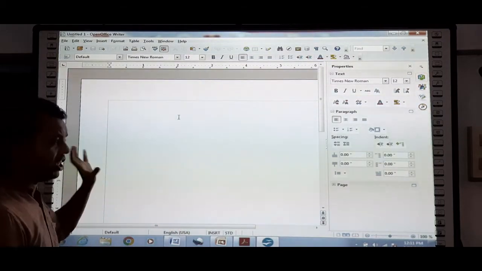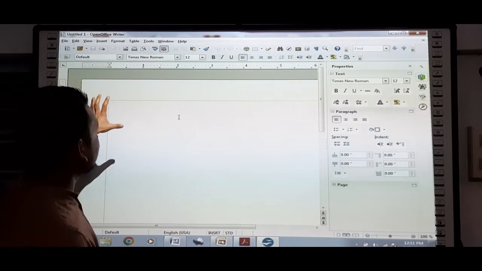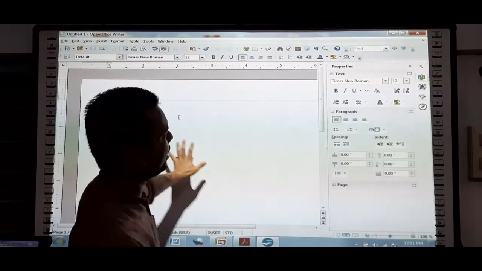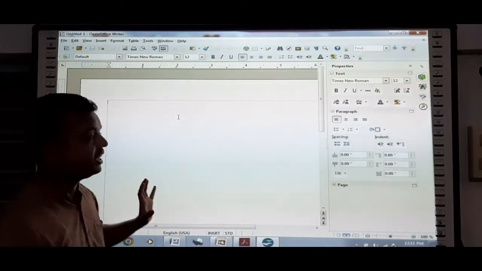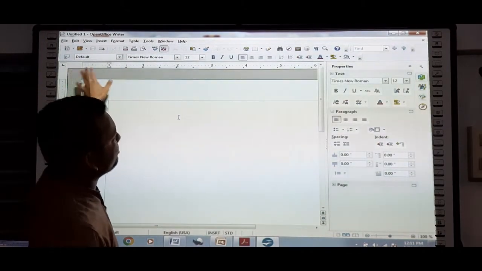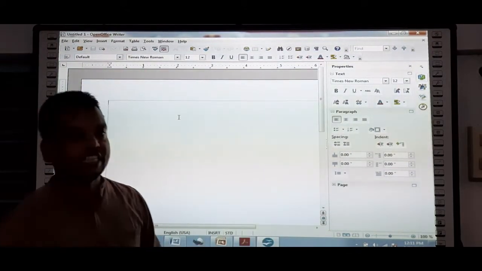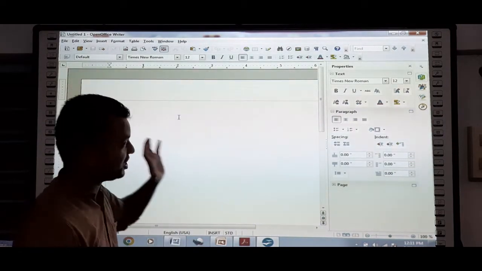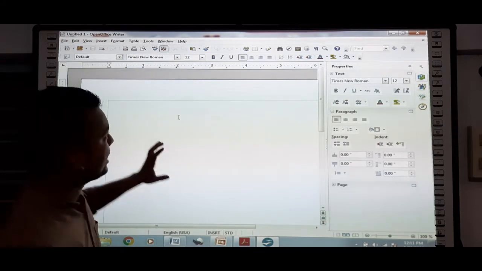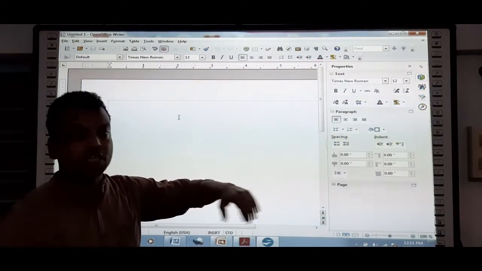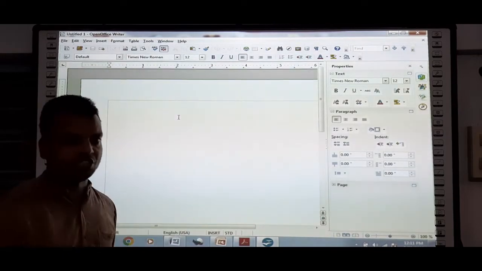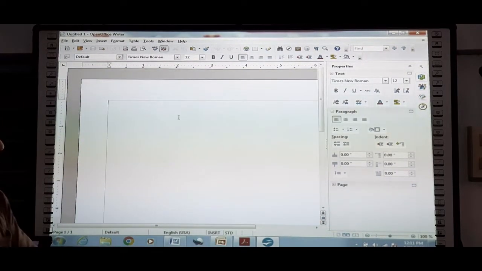Okay, OpenOffice software. In this interface, as we can see, it is similar to Microsoft Office Word. All the features that are there in our Microsoft Office Word document are applicable here also, but the options are different, meaning we need to search for the options in different areas, different locations. So let us see how it can be achieved.